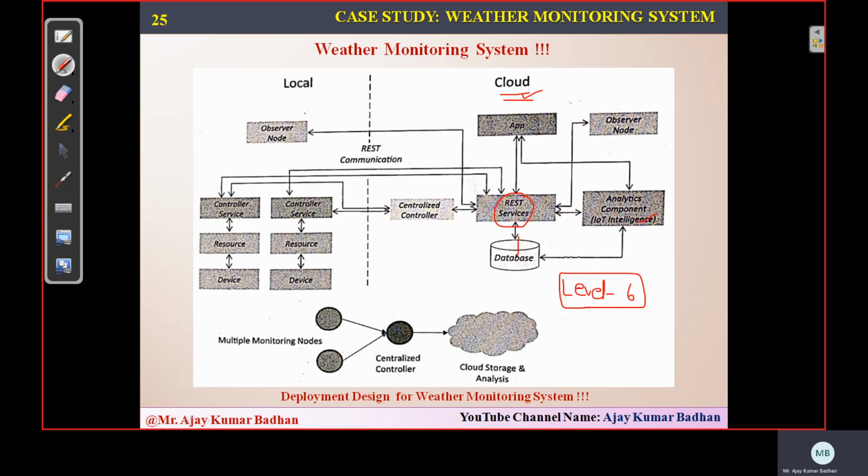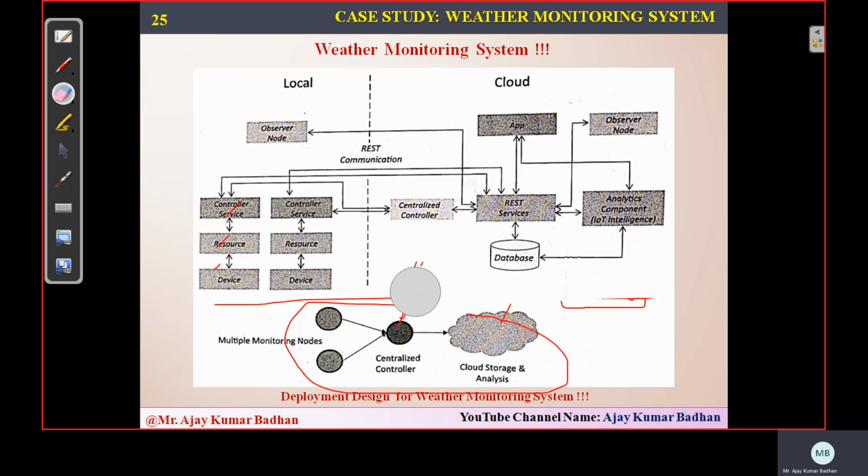Here we have a cloud and multiple nodes deployed in the environment, and there will be a centralized node. I told you that this is separate. This is a rough figure. These are the nodes, this is a centralized controller, and this is your cloud. This centralized controller will take care of these nodes. It is controlling them centrally and gathering the data, and that data it transmits to the cloud, accesses the information and performs the operations. I hope it's very clear. This is exactly how it works. You can refer to the previous video so that you can understand this model perfectly.